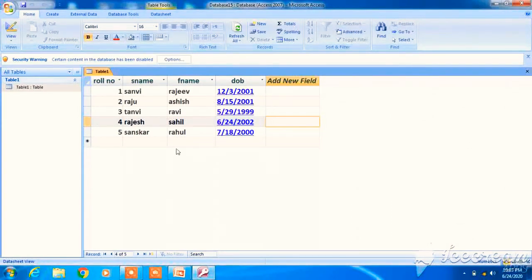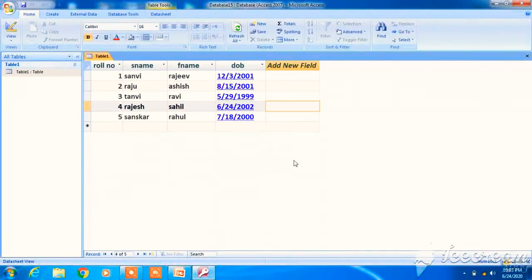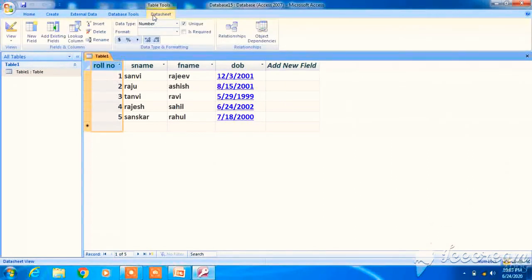This is our Access sheet, right? We are working on MS Access 2007, and which view is this, class 8? Datasheet view, right? I already told you in design view we cannot enter the data, clear? And the primary key is roll number, right? How can we judge? Go to datasheet view, go to the datasheet tab, and here click on roll number. You will find it's unique, so the primary key is roll number. For the student name, unique is not checked. That means of course the primary key is this only.